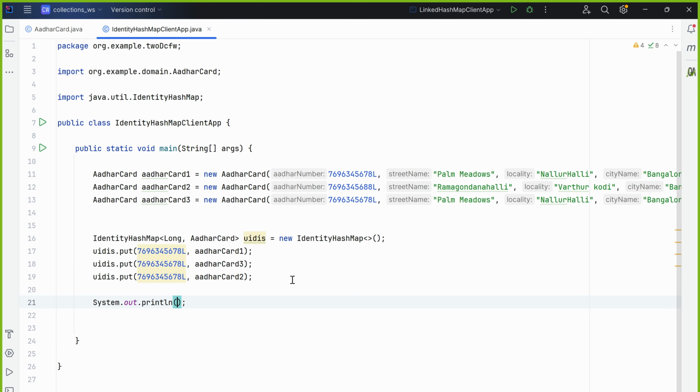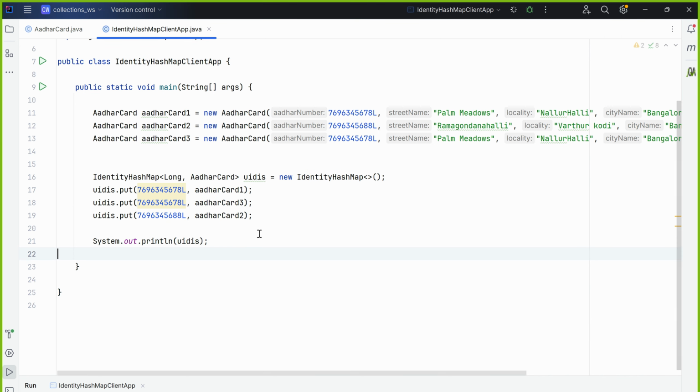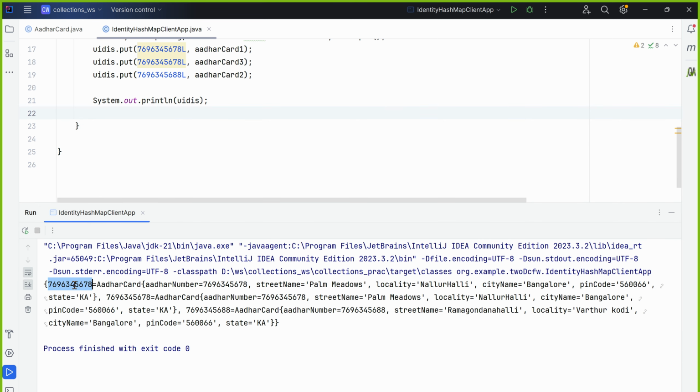Let me print this one. So let's see what this will be returning. Okay. Let's run this application. Let's see. Now let's run. So if we run, we'll be getting the data something like this. See here, we have an ID Aadhaar number as 7696345678,